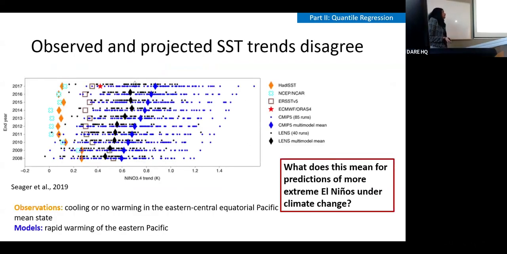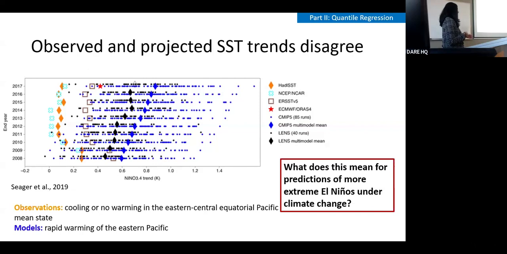However, at the same time, this comes with one massive caveat, which is that these climate models often don't quite simulate the tropical Pacific system correctly. So this was a paper in 2019 that showed this point very clearly, where these boxes indicate the observed values. The orange diamonds are the easiest to see, so focus on that. This is the observed behavior, and the filled blue and black diamonds are climate models.